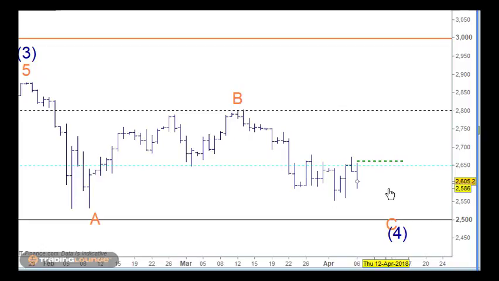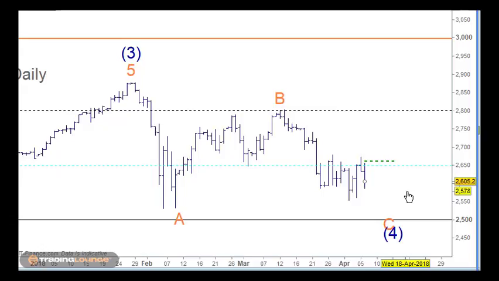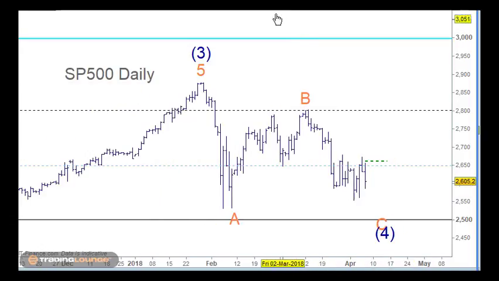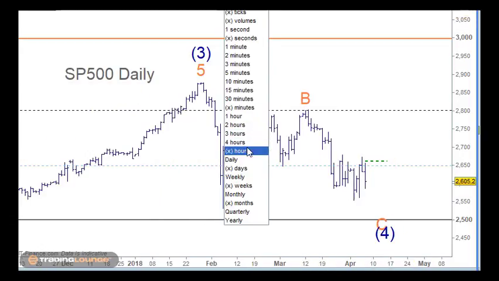On the short side here, I can see a couple of ways that this could pan out. So I want to talk about these today. If we move in, first of all, to the 4-hour chart,